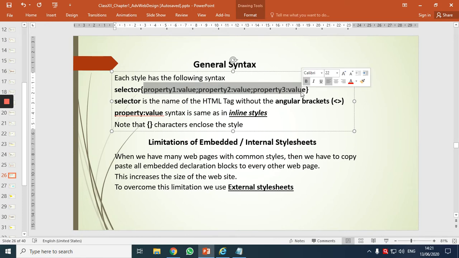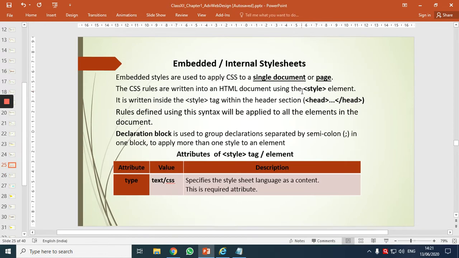It is CSS. So the value for the type attribute is text or CSS. That is, what are we including in our complete web page, or in our styling section. So our style tag will have an attribute called type, whose value will be text or CSS.